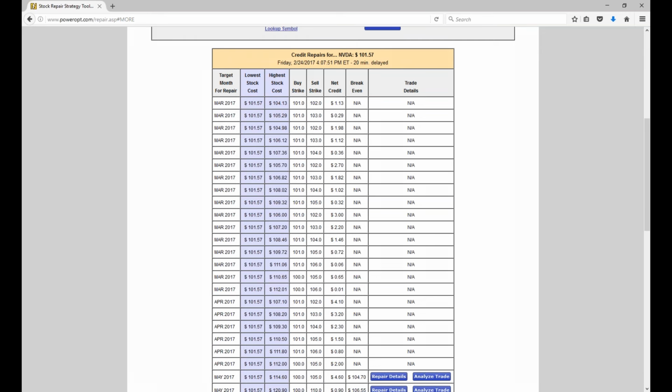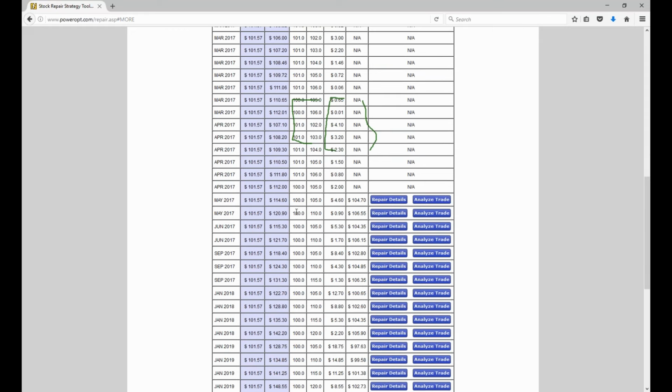As we see here, what this tool attempted to do was build ratio call spreads for March with different strikes. It found positions that would give a net credit, but it did not lower the break even. Okay, in other words, it'd still be assigned for a loss in those positions. We don't see any in April, unfortunately, either, but that's okay. We go down to May, and we see that we have a few positions here where a new break even has dropped down to 104.70 with a net credit of 460. And we also see ones here lowering the break even to 106.55 with the 100, 110.